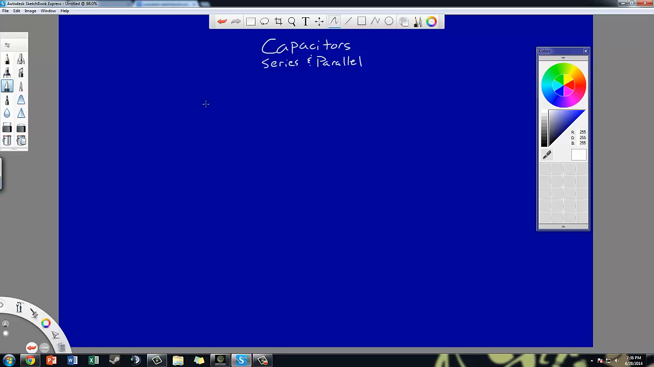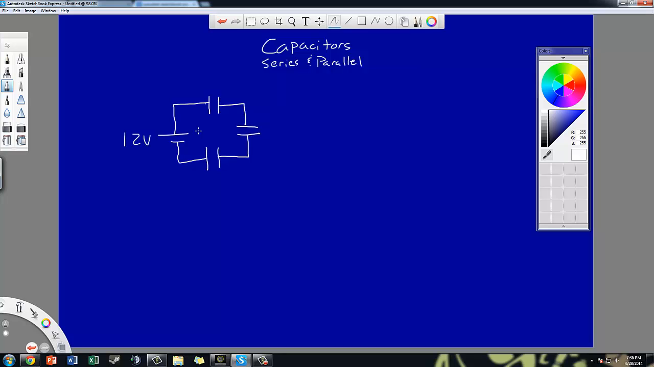Alright, here I'm going to go through an example of putting capacitors in series and parallel. First, we're going to start with a circuit with a 12-volt battery attached to three different capacitors: capacitor 1, 2, and 3. Now in this case, looking at this, what we want to be able to do is identify that